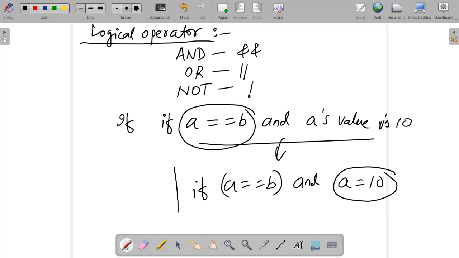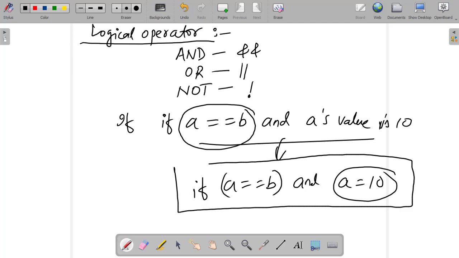So this is a statement where we use the logical operator. For AND here we use the double ampersand symbol. Please remember, here I am only explaining the concepts, not the actual live demonstration. We will be explaining this in the upcoming videos also, so please stay tuned.